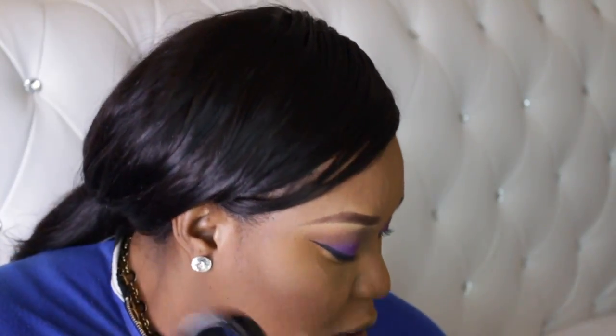Gold Deposit by MAC. Go in with this little fan brush here. I'm gonna use this Gold Deposit, and I'm going to highlight the tip of my nose and a little bit on the cheeks. And what I usually do is spray this fan brush with the Prep and Prime Fix Plus, just to make it a little more noticeable. Not too much, because